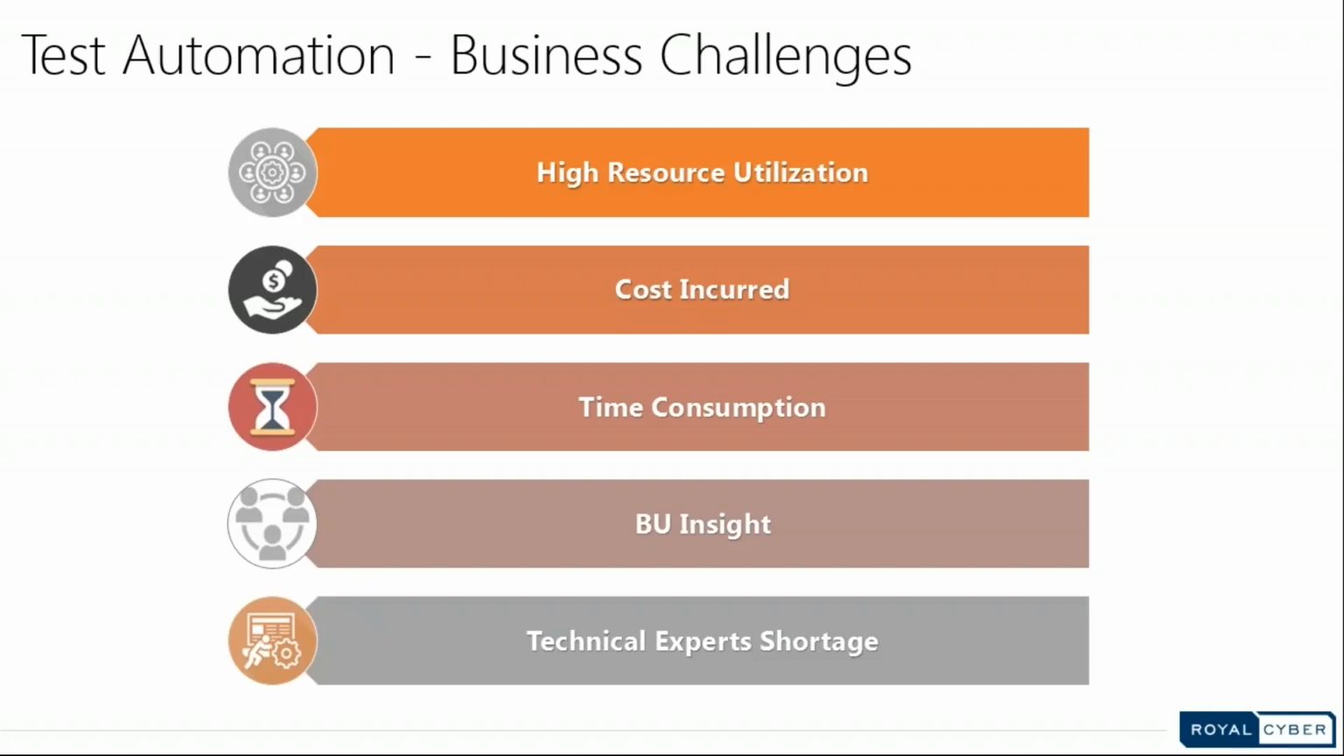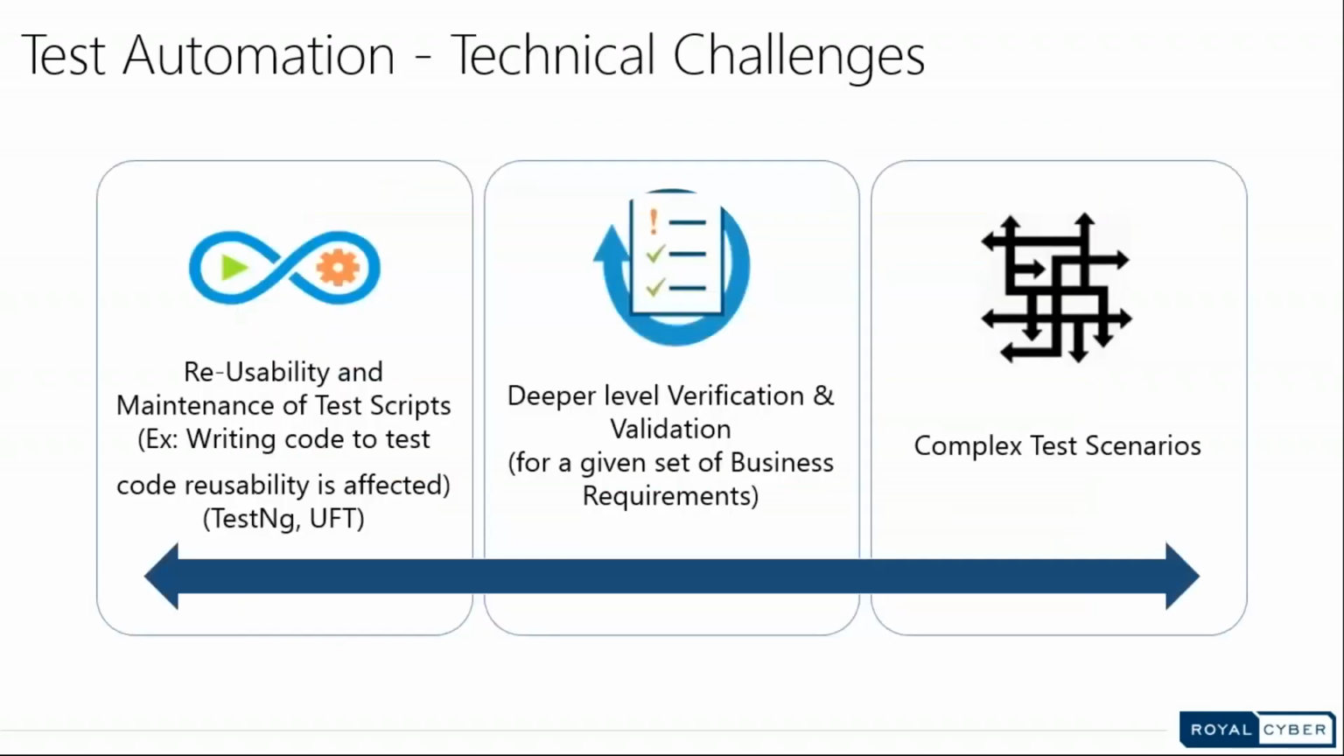Coming to the business insight, from the business perspective, different stakeholders have different views, ideas and levels of understanding. This is again one more business challenge. And all the time, there is a technical expert shortage; test automation experts may not all have the same kind of knowledge. From the business perspective, this is one of the major challenges as well. So these are all the major business challenges while doing test automation for any given service or